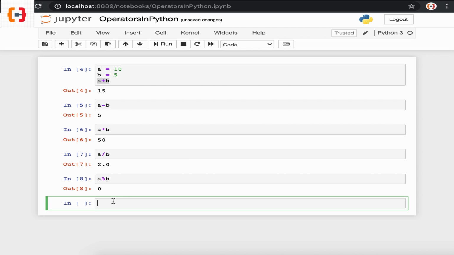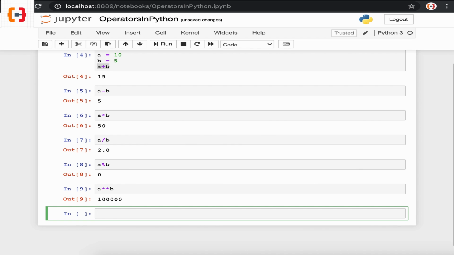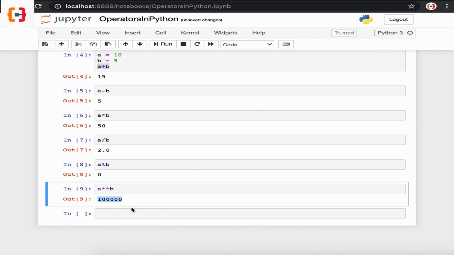Let's take an example of the exponent operator. If we put a exponent b and execute this command, the result is 100,000. So here the exponent operator is working as a power operator. When we write a exponent b, it means a to the power b, and the result is 100,000.